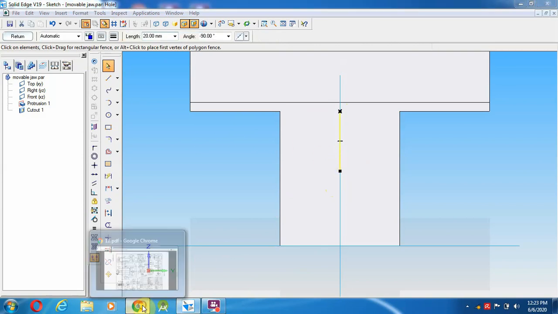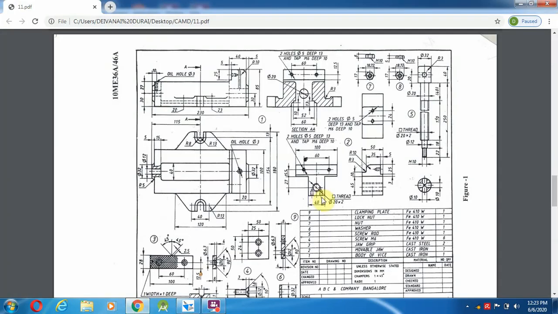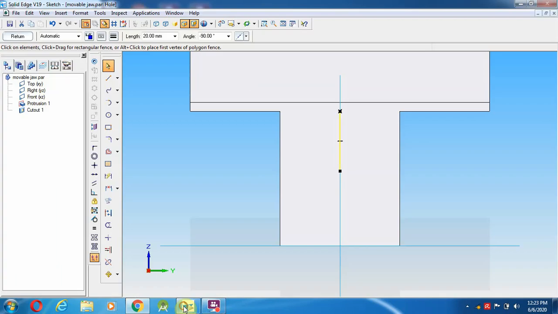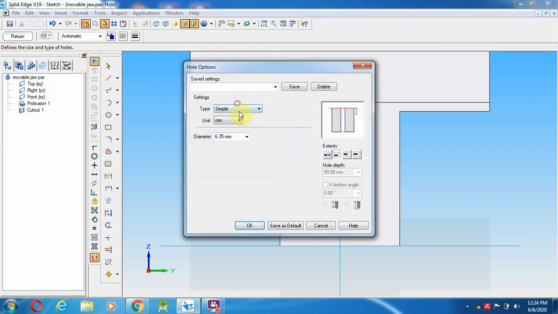So 20 or 27, I think 27 mm, and 20 diameter. So this is 27. Select a line from here to 27 mm, then go to the hole and change the hole parameter.